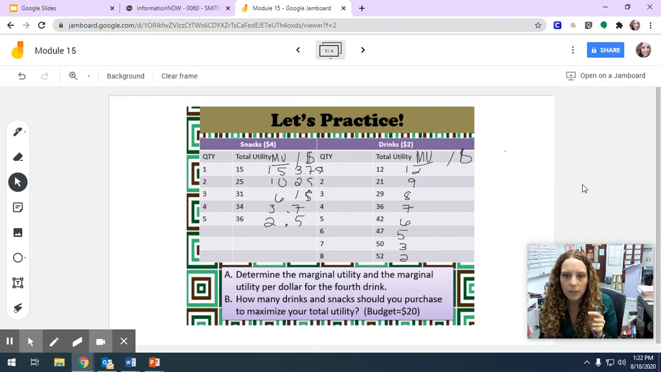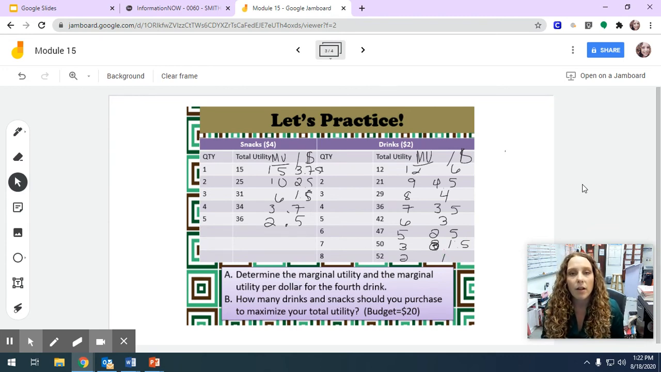Now over here, the drinks are $2. So my marginal utility is 12 divided by the $2, that's 6. Then I've got 9, that would be 4.5. At 8, it would be 4. Then 3.5. Then 3, 2.5, then 1.5, and then 1. Okay, so now I'm going to go through that same process that we did a moment ago